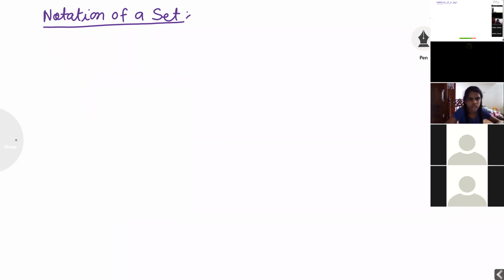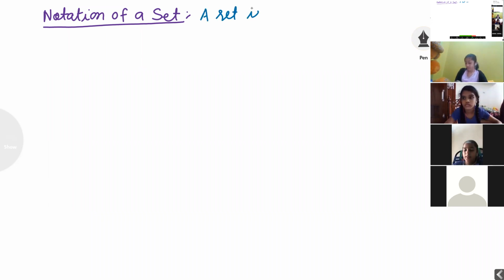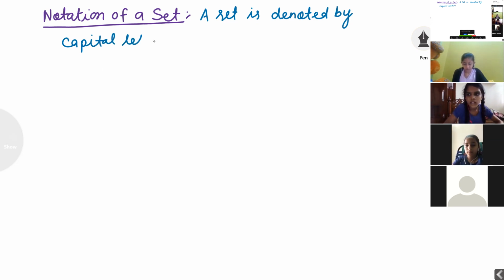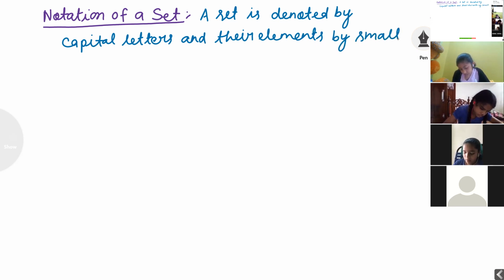A set is denoted by capital letters and their elements by small letters.